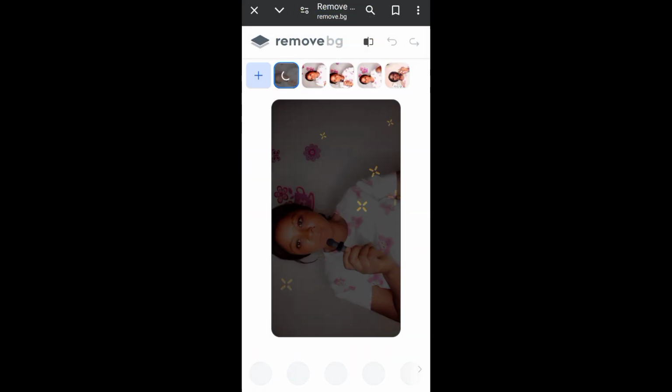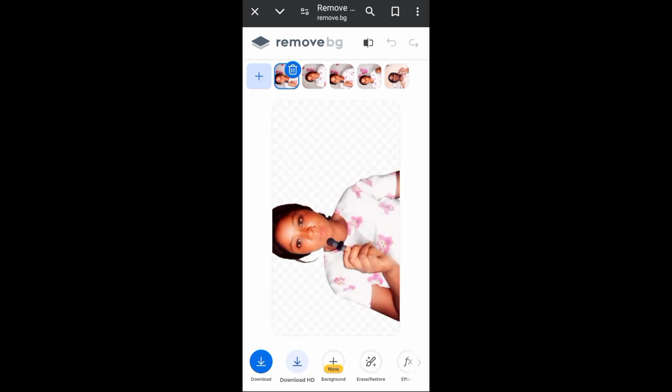Okay, just choose one from your gallery. I just chose this one, and right now it's removing. While it's removing, you need to stay online. Just stay here and wait for it to finish removing. So when it's removed, like this one now is removed, then you click down below on this blue download to save it, or you can decide to add another color or another picture to the back from right here. If you want to do that, you just click on